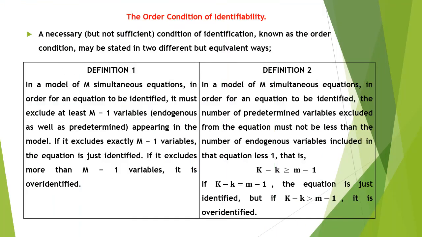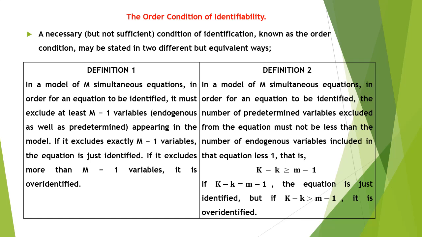The first decision rule for identification is the order condition. The order condition is based on a counting rule of the variables included and excluded from the particular equation. This rule specifies the necessary conditions for identification, but they are not sufficient. There is a possibility that the equation may be unidentified even though the order condition says it is identified.